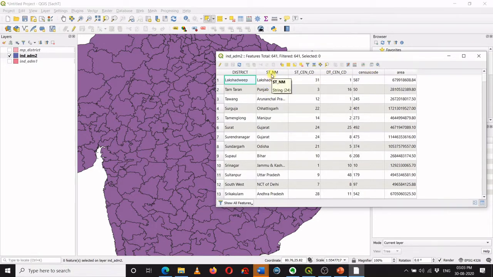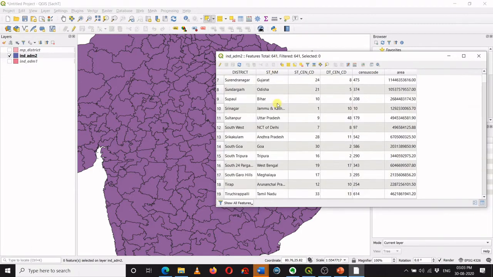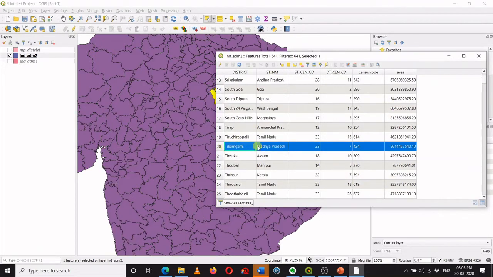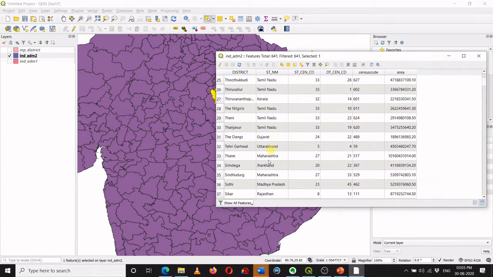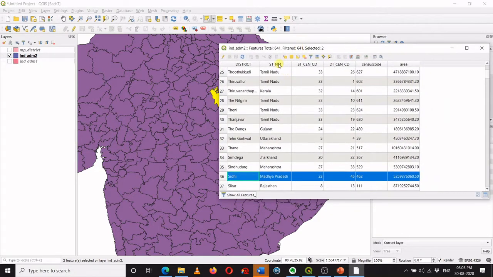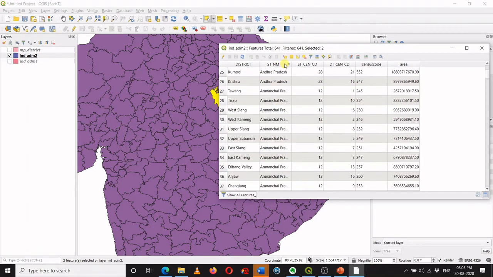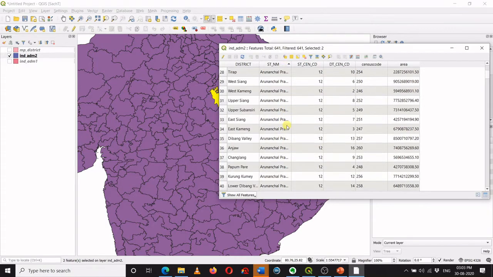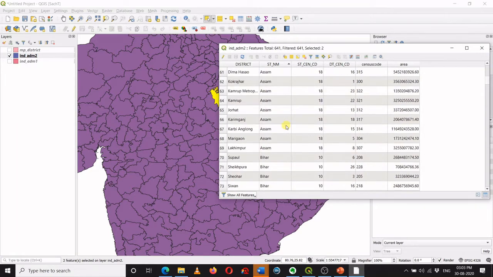At present I am interested in this particular column. So I will look for the districts which belong to Madhya Pradesh, and I will select over here. But another way is I can sort these values by just clicking over here. Once I do this, all these values are sorted alphabetically, so that now I can see all the values of Madhya Pradesh clubbed together.